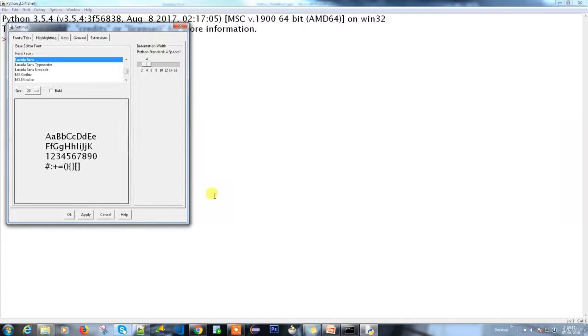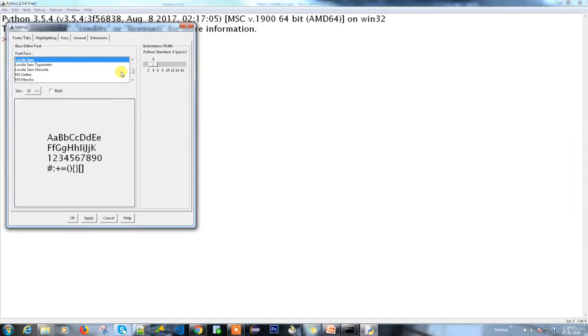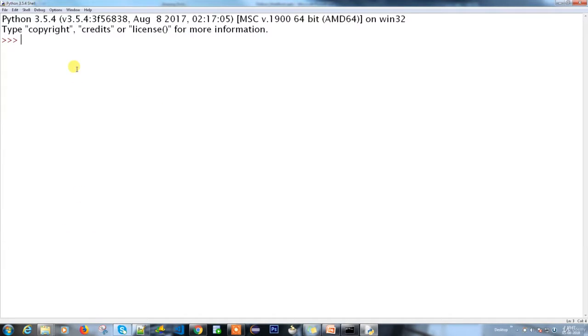For example, if you want to change the font, choose the font face, which is the font style, and then choose the size you want to display on your screen. You can use 20 or 22. If it is 22, it will be a bit easier to see on big screens. I'm going to apply it here and click OK. So this is good, the first step is done. I have an IDE for writing my shell script. Let's begin with our first step.